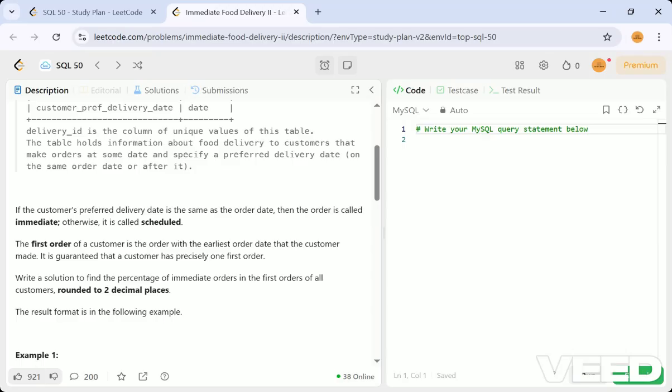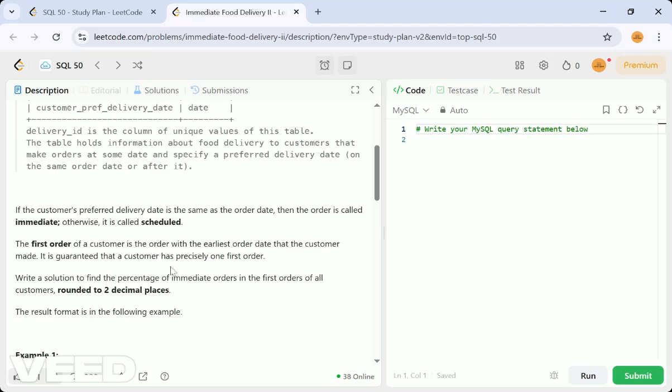It is guaranteed that the customer has a first order. So today, if you make the order, that is the first order. You should not consider the order made the next day as the first order.